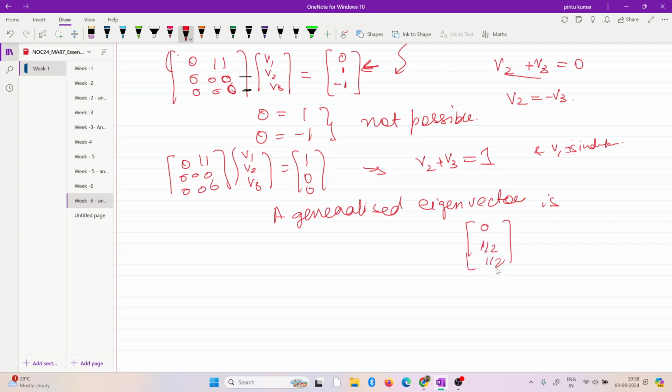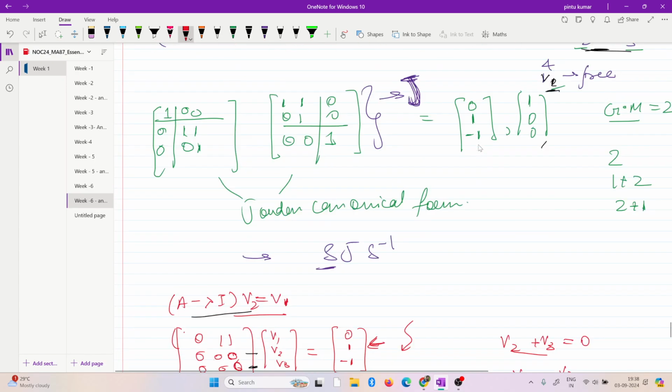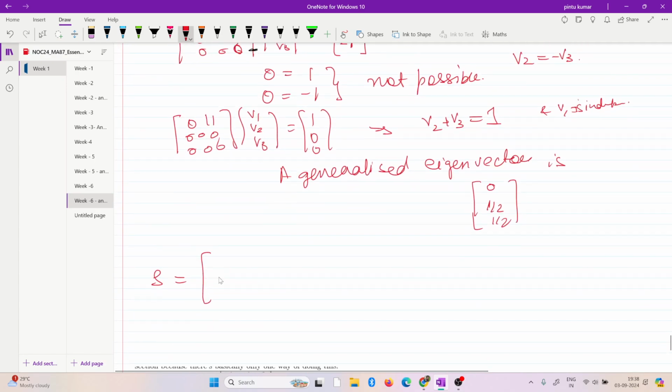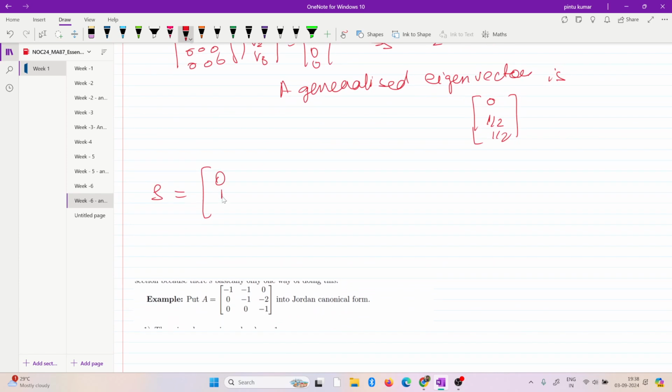This is a possibility, right? So now when you write S, first you write your eigenvectors. The eigenvectors are 0, 1, minus 1, and 1, 0, 0, and then you have your generalized eigenvector. Okay, so your A can be written as